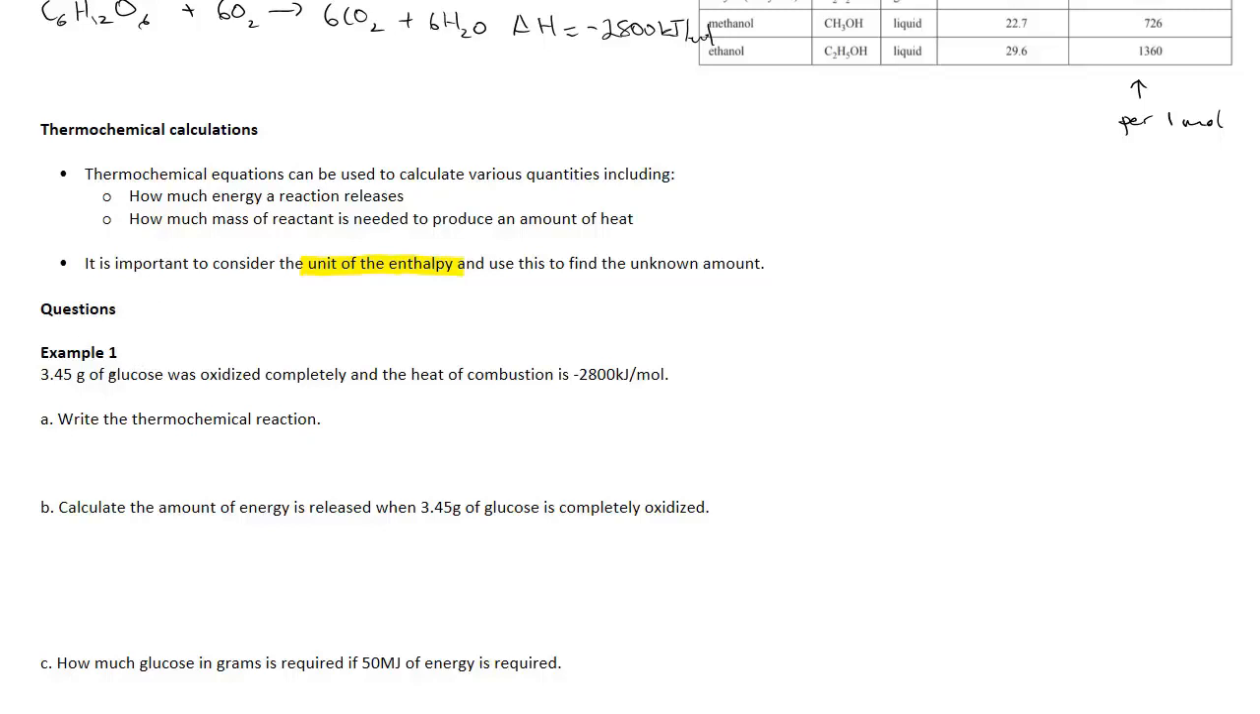Example 1. We have 3.45 grams of glucose that was oxidized completely, and the heat of combustion is this amount. So heat of combustion is an enthalpy, delta H_C. You don't need the C there. Okay, when you're writing the thermochemical equation, we had it before,